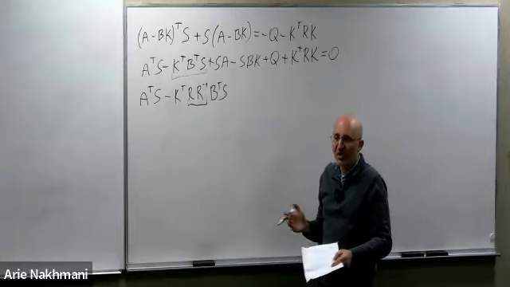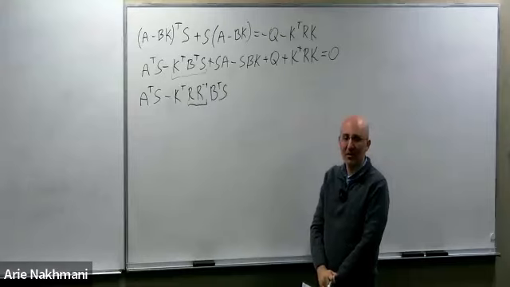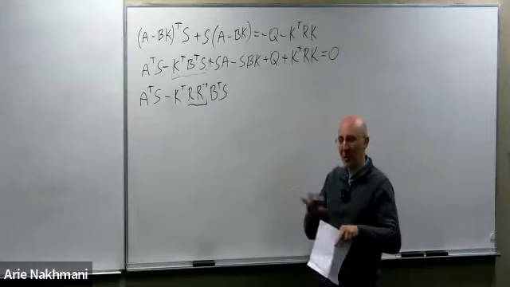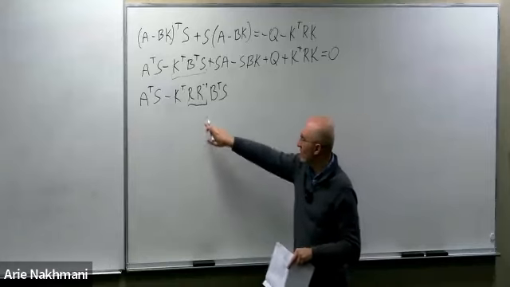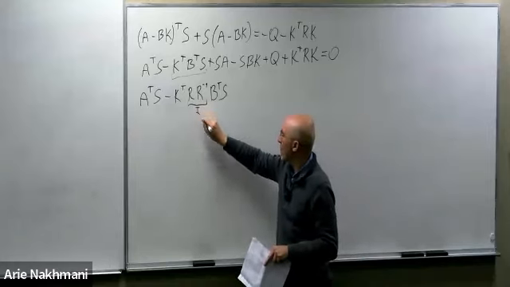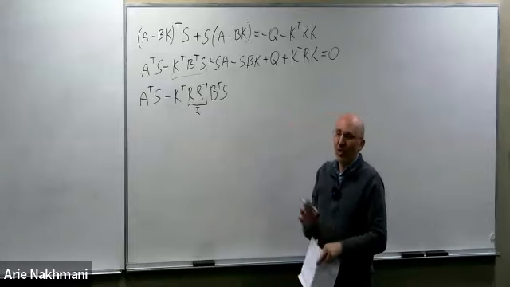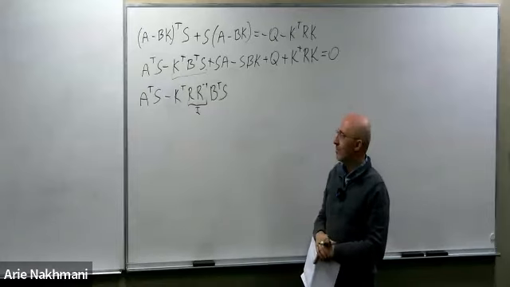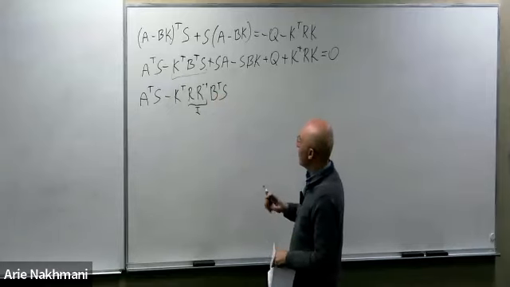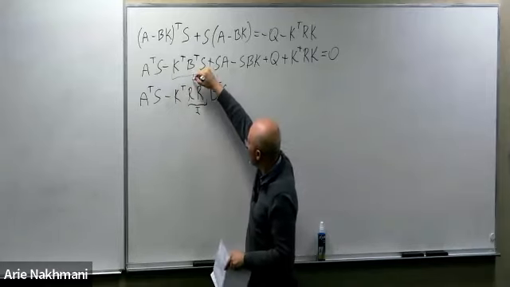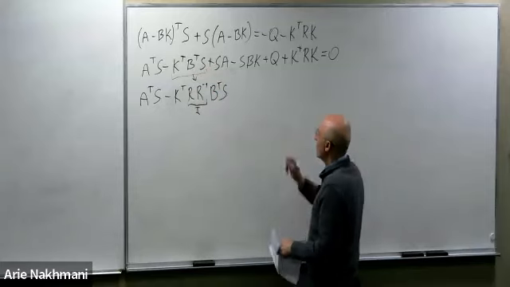Obviously, I haven't changed anything. I just multiplied and divided by the same matrix. Again, division by matrices is prohibited. I just multiplied by the inverse of the same matrix, which makes that matrix I. So I haven't changed anything. So it's a legal thing to do in linear algebra, okay? So I replace that thing with that thing. Plus SA.